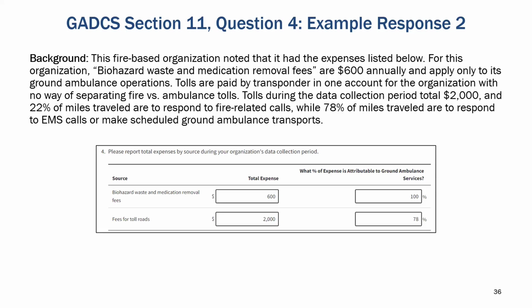While the organization doesn't have any way of separating tolls for fire versus ground ambulances, they do track miles for fire-related calls and for EMS calls and scheduled ground ambulance transports. Since 78% of the miles traveled are EMS related or for scheduled ground ambulance transports, they estimate that 78% of the toll costs are ground ambulance related.